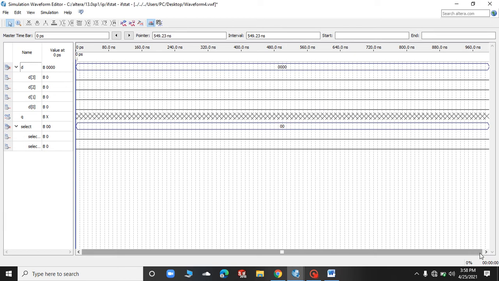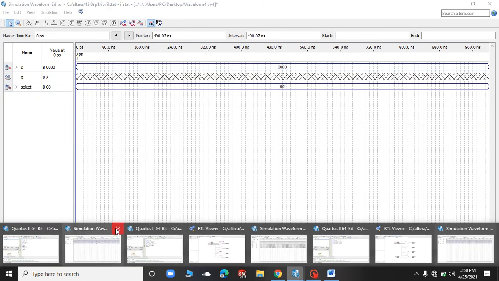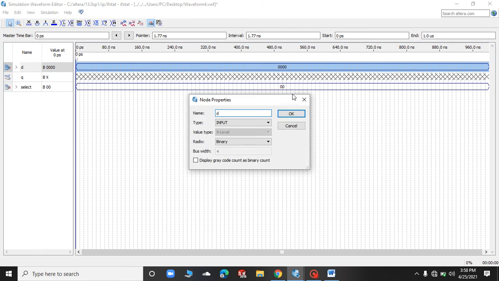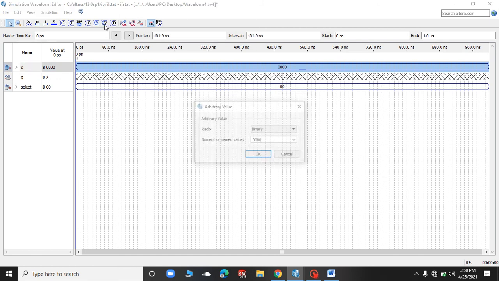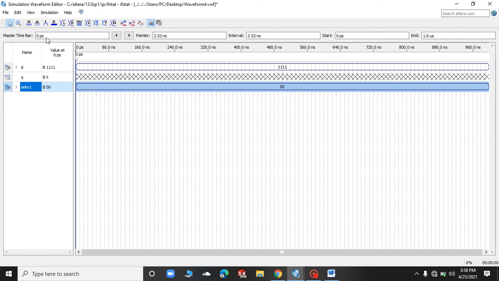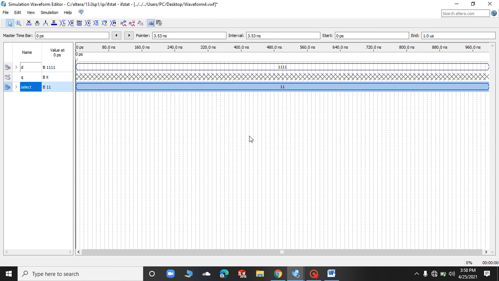Let me change this again. Let me close this, this one is 4 1, and I will change this from over here, that will be 1. Let me change this, 1 1 1 1, click on OK, and this one over here will be double 1. So change this arbitrary value and click changes to 1.